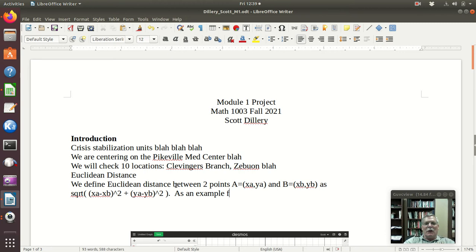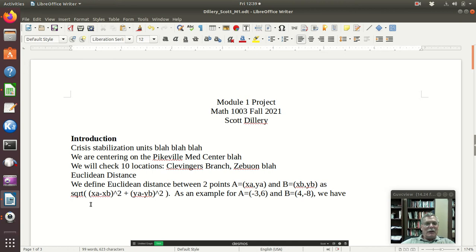As an example for, say, A equal minus 3 comma 6 and B equal 4 comma negative 8, we have, and I think what I'd probably do is just copy that thing and put in my numbers, minus 3 and minus 6 and so forth, and I'd probably then say equals and give whatever that ends up being.